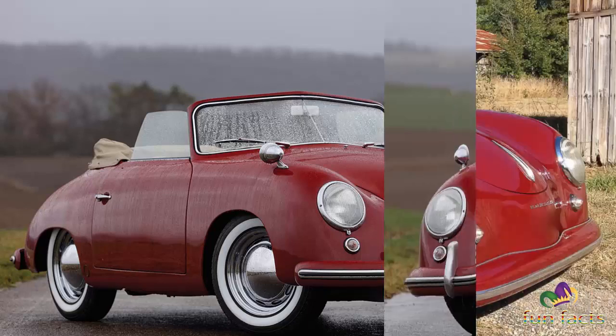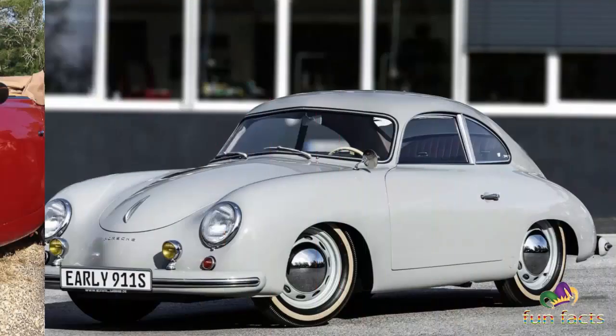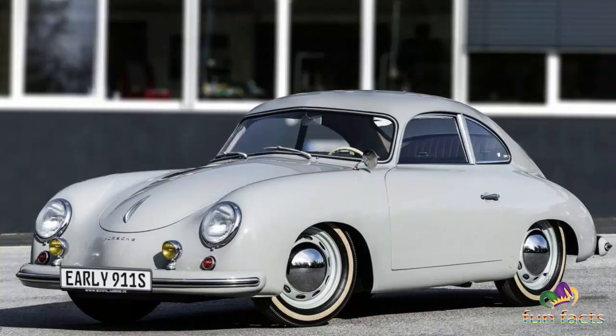In late 1954, Max Hoffman, the sole U.S. importer of Porsches, convinced Porsche to build a stripped-down roadster version with minimal equipment and cut-down windscreen. Towards the end of the original 356 time,